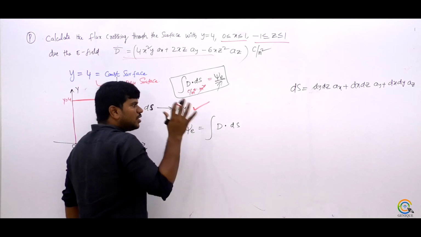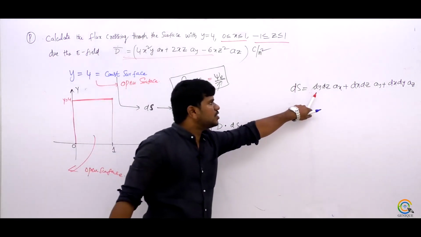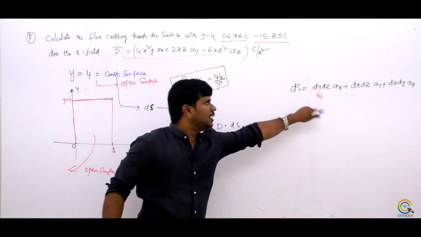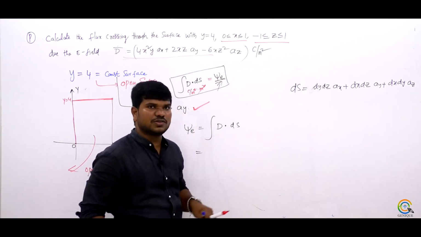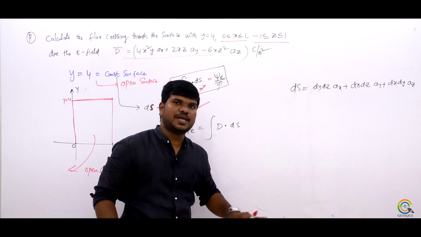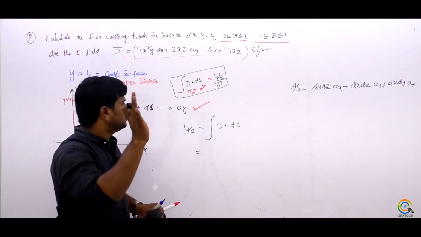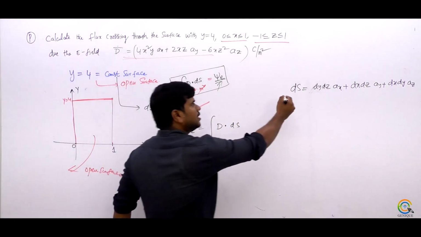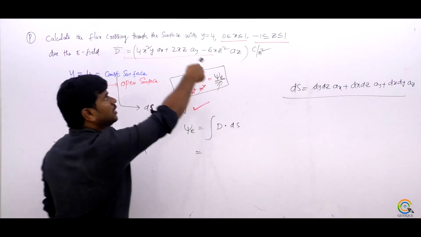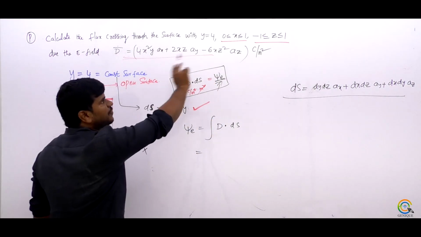Okay. So if you write this, already D is given and S is also there. So if you write D dot dS like this and you put all the values, you will get one answer. That answer will be wrong. Why? Because this is the surface. It is in the Cartesian coordinate system, but one more surface is defined. In the question he has defined the surface by